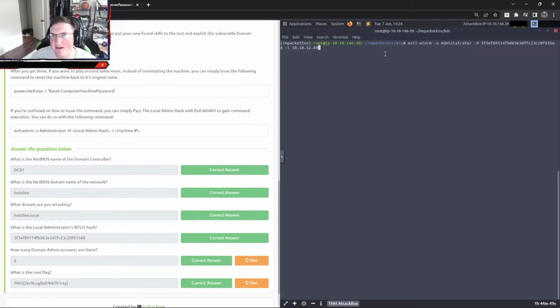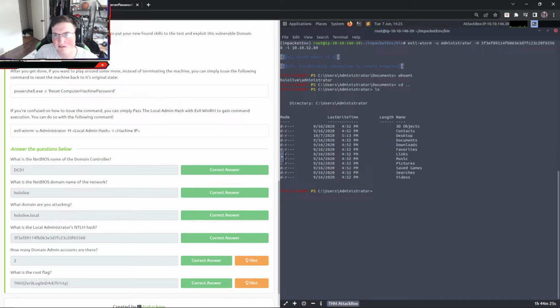If we hit enter here, it's going to use WinRM. It's going to say, I want to log in as admin, and here's my password, and it's going to give it that hash instead of the actual password. And we'll see if it takes it. Okay, and look at that, we're in. That was fast. So, whoami, and we're administrator. So now we have full admin access.